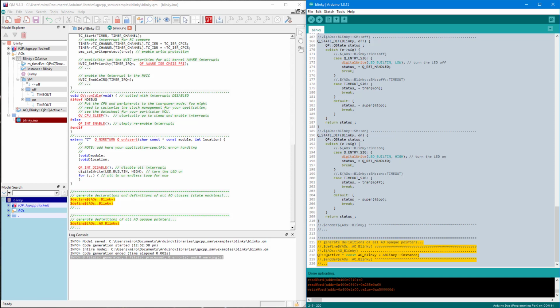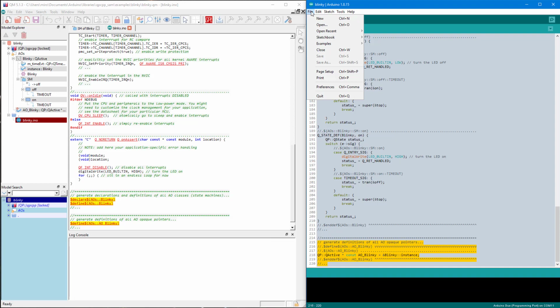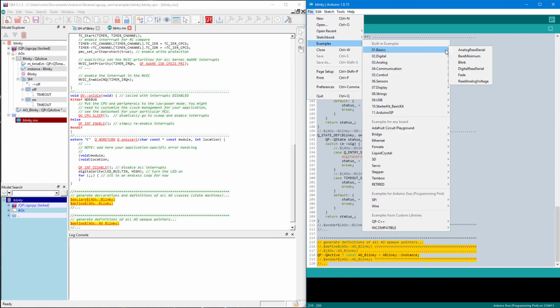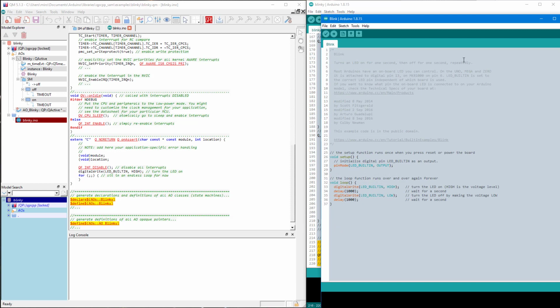But at this point, the main question you might have is, why should you bother with all this? I mean, the Blinky application developed in QM is far more complicated than the standard Arduino Blink example. The traditional Arduino programming model is called sequential programming, because you hard-code the expected sequence of events and the sequence of blocking calls in which you wait, in line, for the expected events to arrive. For instance, in the standard Blink example, you expect the timeout events for which you wait in line by calling the Arduino delay function. The main problem is that your program cannot do anything else while waiting.